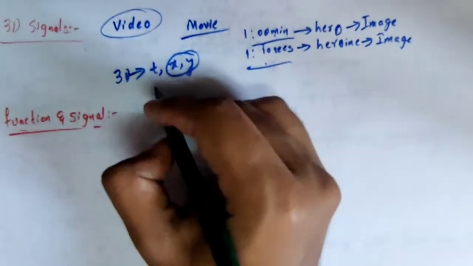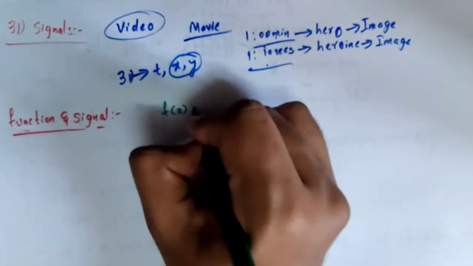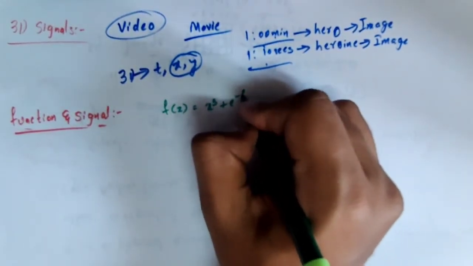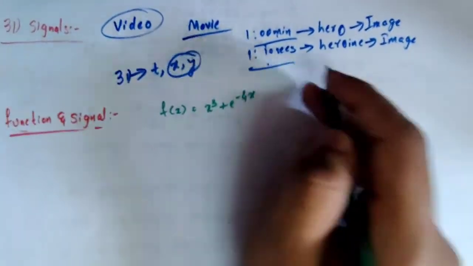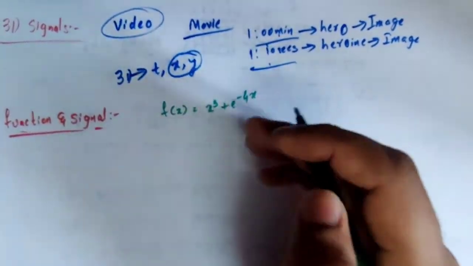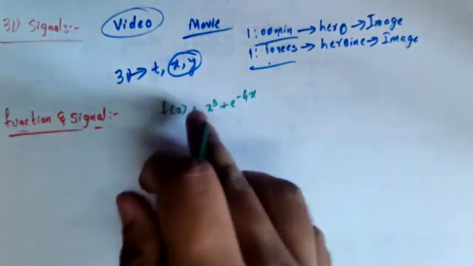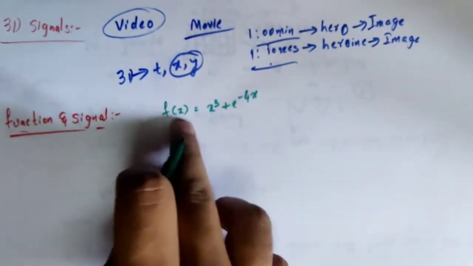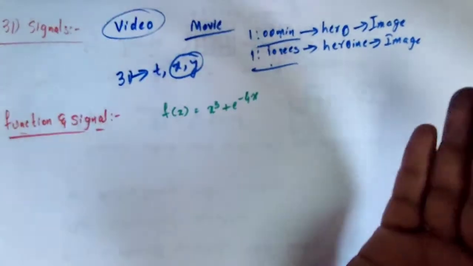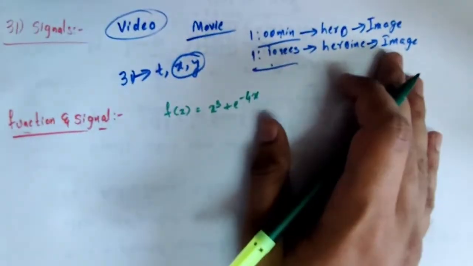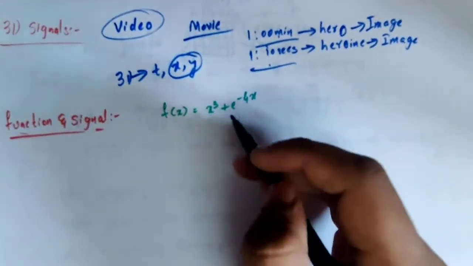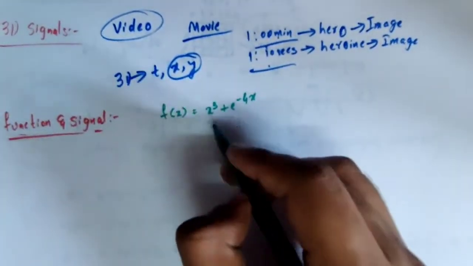Voice signal you will be writing in terms of mathematical equations. F of x is equal to x power 3 plus e power minus 4x. In this way, some kind of functions you will be writing in your M.Tech or PhD. The functions won't be this easy. They will be much more complicated. That is not our point of discussion. I am just telling you, when you go to higher studies, you will be writing these signals in the form of